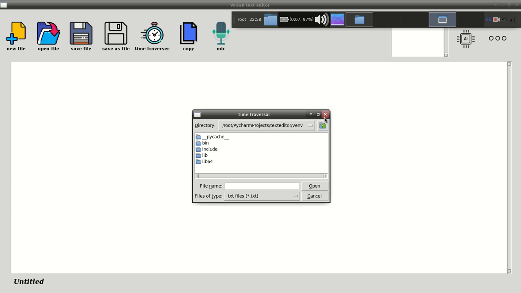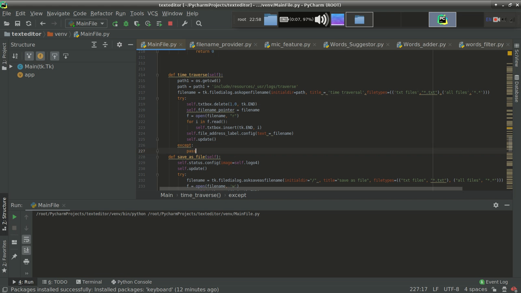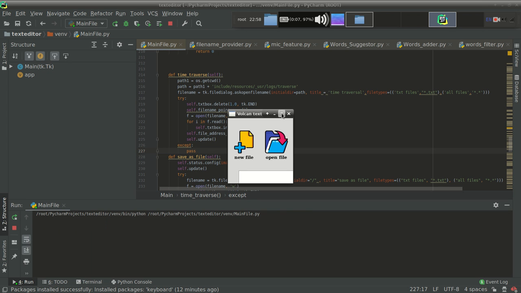Okay, let's see why. It is opening the path, but it is not opening it correctly. Okay, let's run again and verify the result.